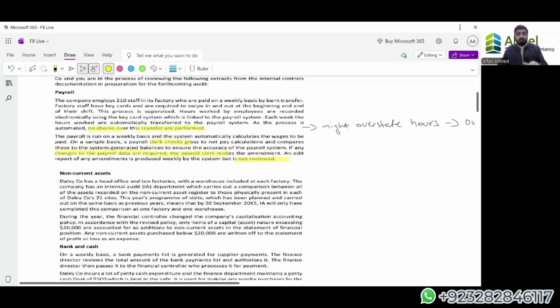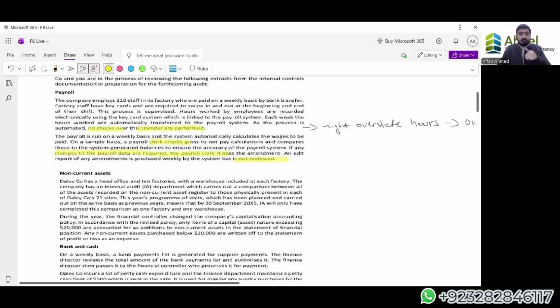So we have to make sure that these things are on point. So senior should check them and sign them. Next thing, that anyone can amend the systems. So if anyone can amend the system, there is a risk of fraud here. If there is a risk of fraud, what is our objective here? Our objective is to mitigate the risk of fraud, to reduce the risk of fraud, to eliminate the risk of fraud.